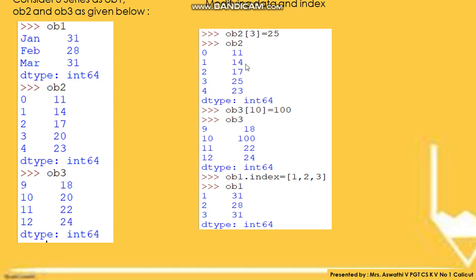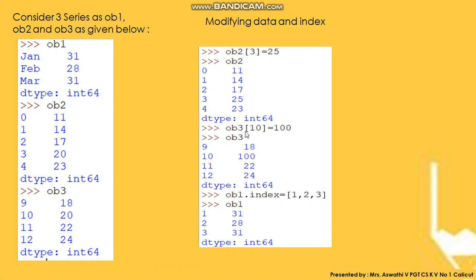And after that, if I print OB2, you can see that for the index 3, the new value has come as 25. In the same way, you see OB3: the data at index 10 is 20. We have made it 100 here, and if you print OB3 it becomes 100.